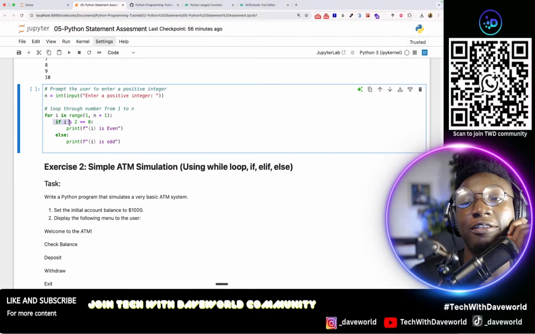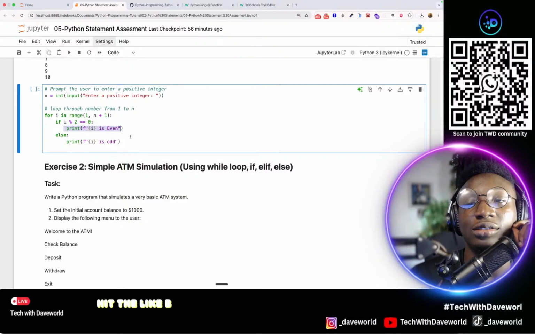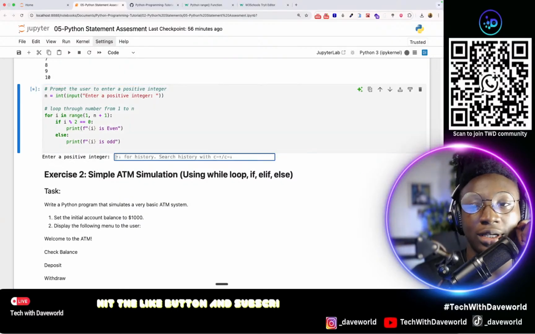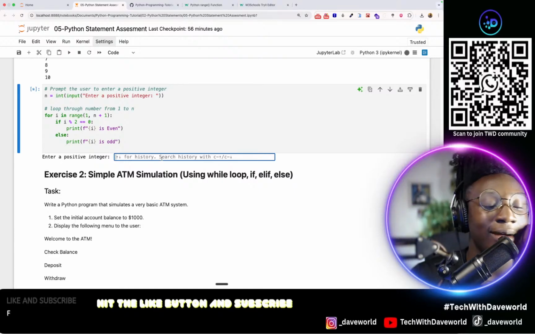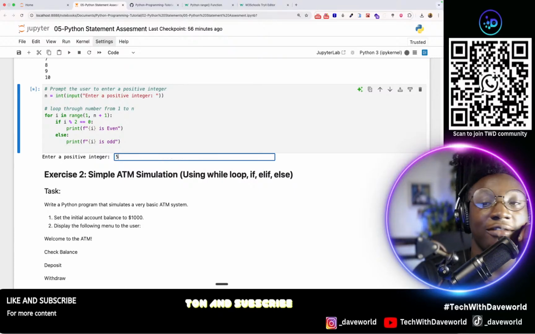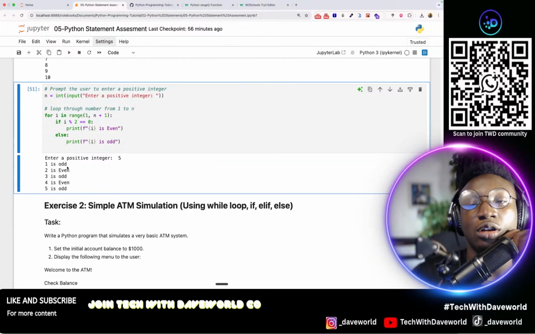Then we say if i modulus 2 is equal to 0, right? I'm going to print out it's even, else it's odd. All right, so let's try it out together. Now you can see it's prompting me to enter a positive number, and for this one I'm just going to enter 5. Enter. So you see that it shows 1 is odd, 2 is even, 3 is odd, 4 is even, 5